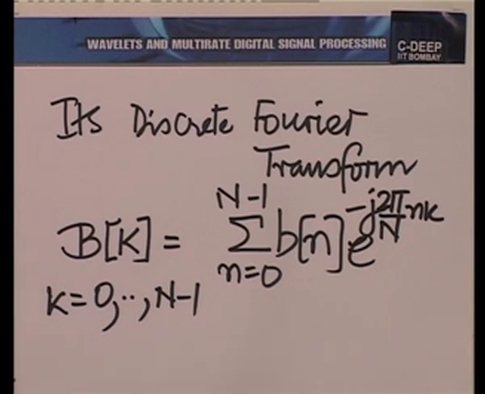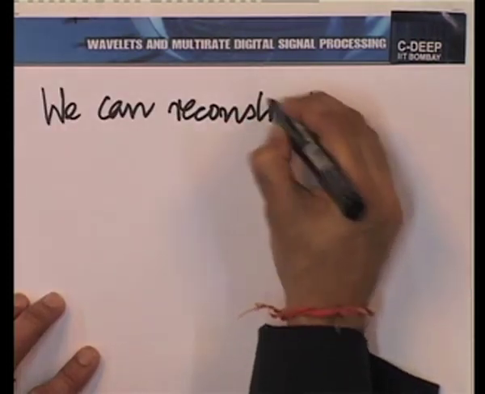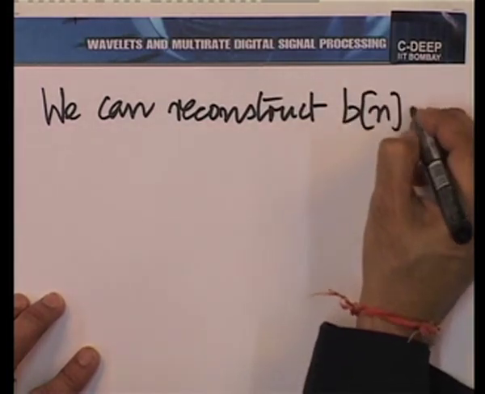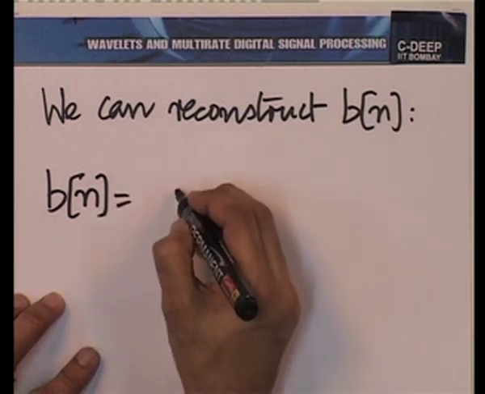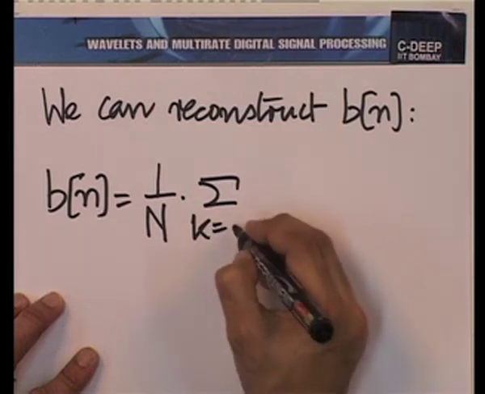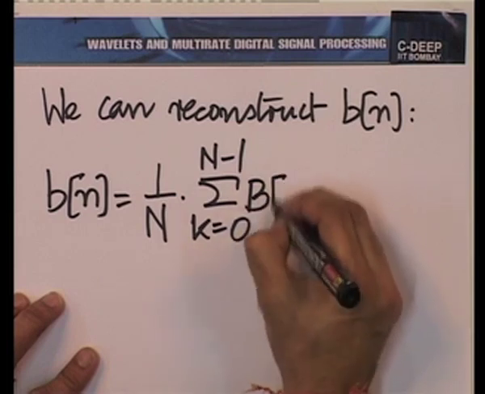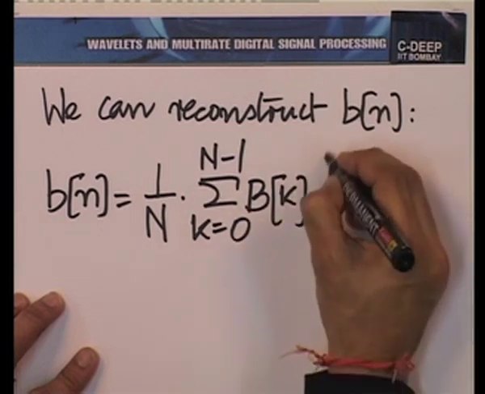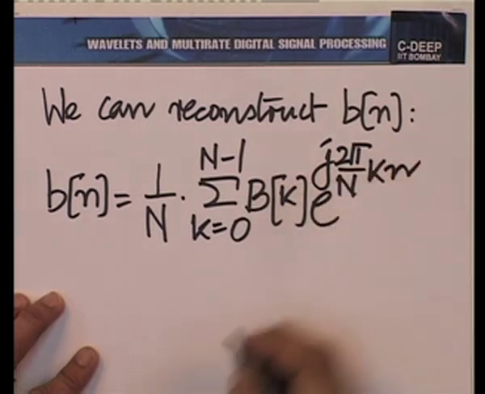And then we can reconstruct B n from its discrete Fourier transform. That is easy. B n is 1 by N, summation k going from 0 to N minus 1,